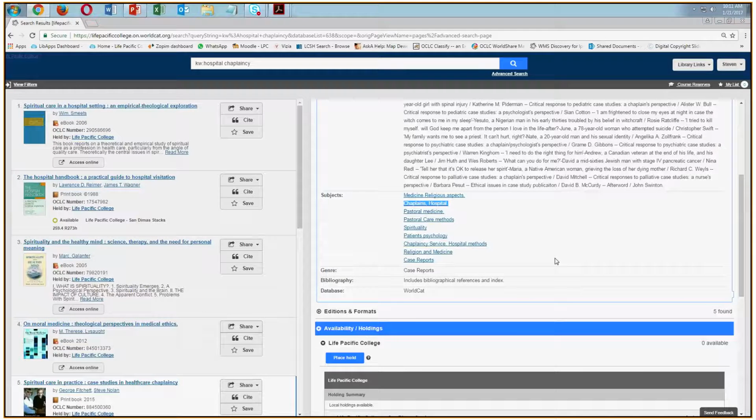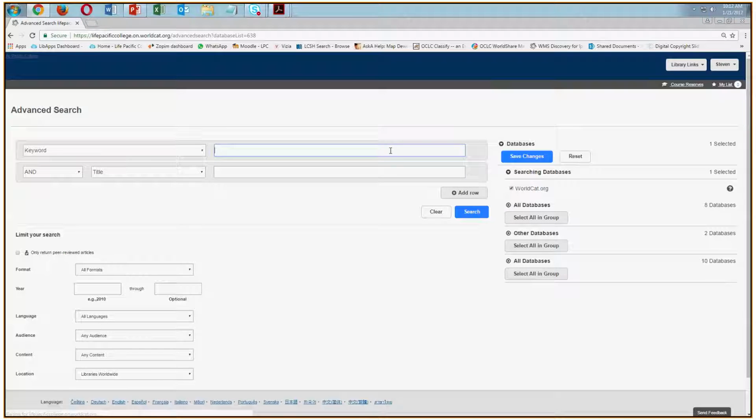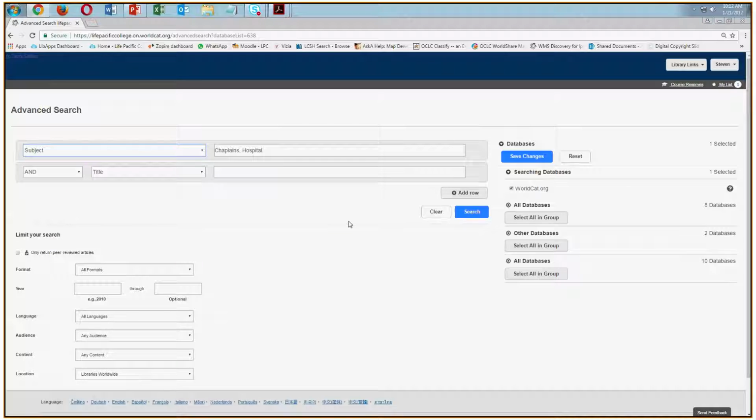For me, it's a Control-C. For Apple people, couldn't tell you what it's going to be. I'm going to go ahead and click on Advanced Search, and I'm going to come back here to my Advanced Search page, and I'm now going to paste that term, chaplains, hospital, and I'm no longer looking for a keyword. I'm actually looking for a subject heading. So I'm going to click on Subject, and now I'm going to click Search,